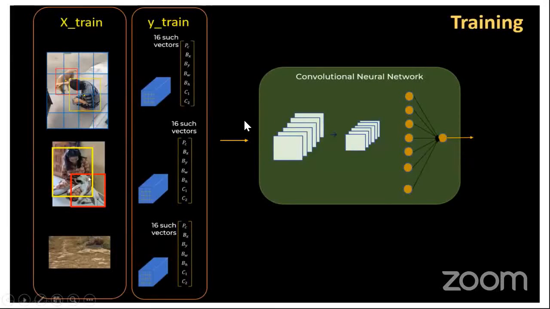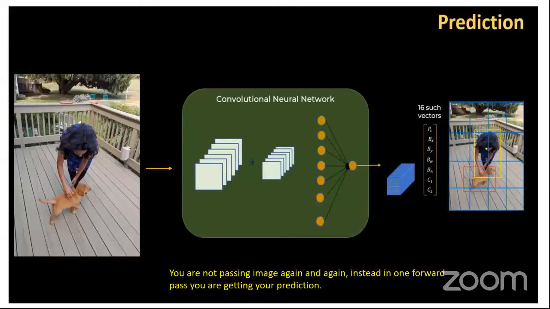Similarly, for this image, you will train it on this kind of vectors, and for this image also. You can see for all the images, you have to create this kind of stacks, and you have to train your convolutional neural network. If you want to study more about what kind of architecture is used inside it, note down DarkNet. DarkNet is the architecture that the YOLO algorithm uses. They have their own website as well. I will leave the link for it. It's very interesting. Go through it, see what type of architecture they use. And yeah, let's proceed further.